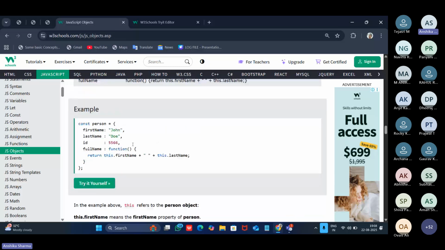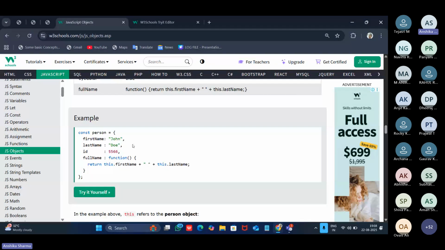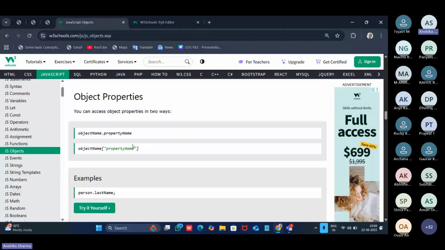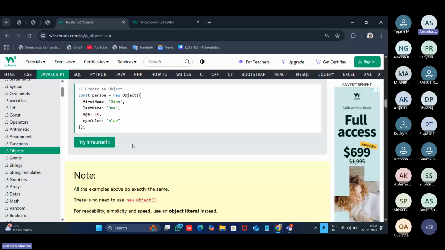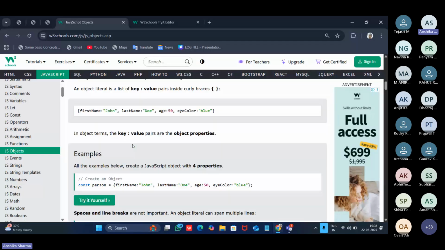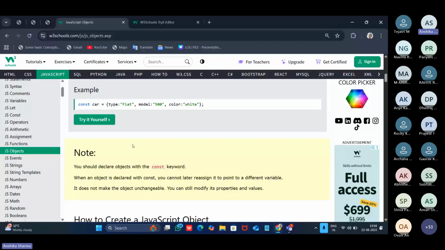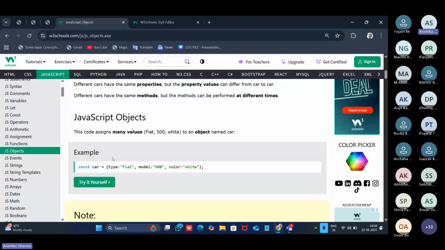Since we have created this car object, these were the properties of this car: its type, model, color. Basically, properties define what the car is and how it looks. So properties are whatever attributes, whatever key value pairs that we create, called the properties of the object. Whereas methods are the functions. For example,